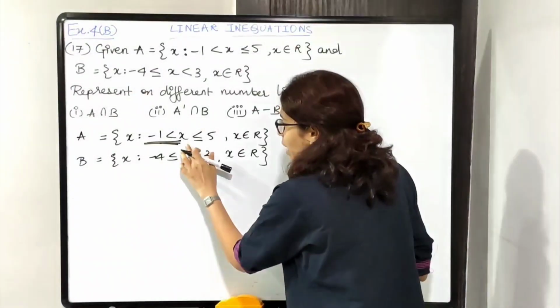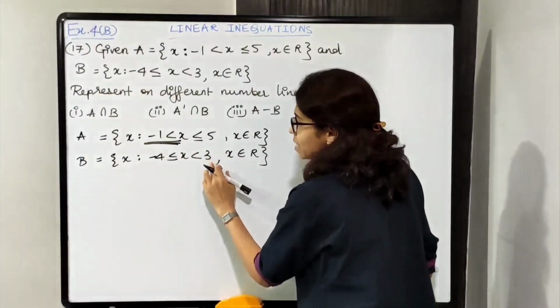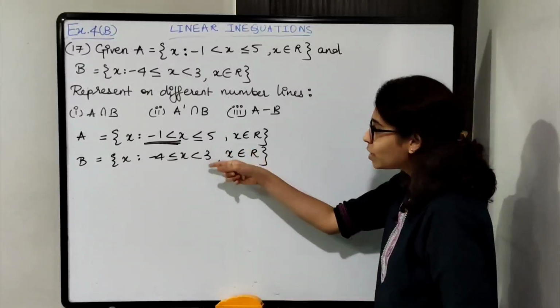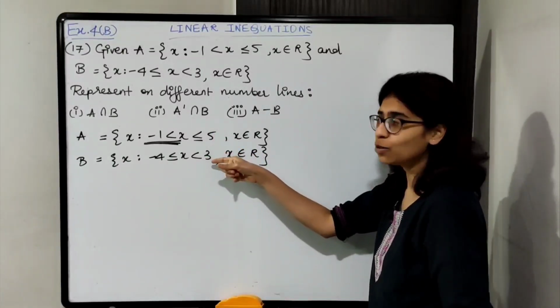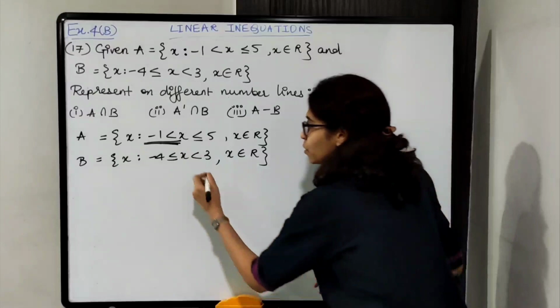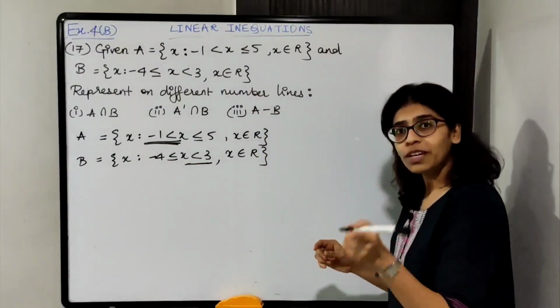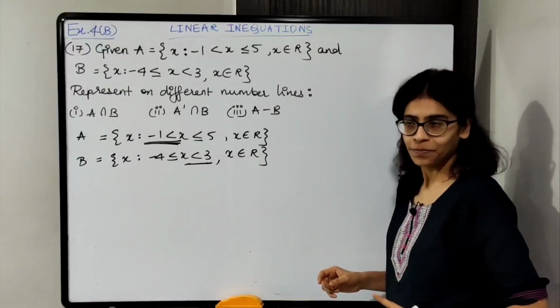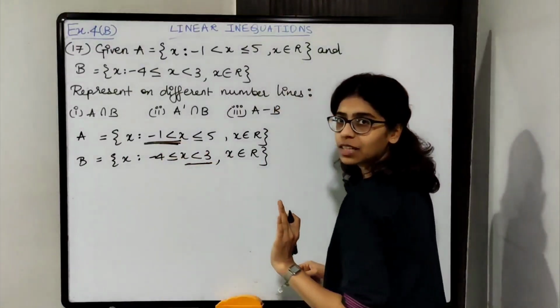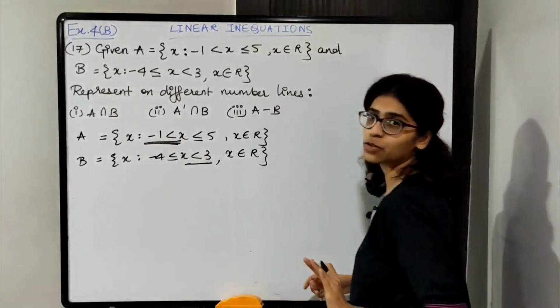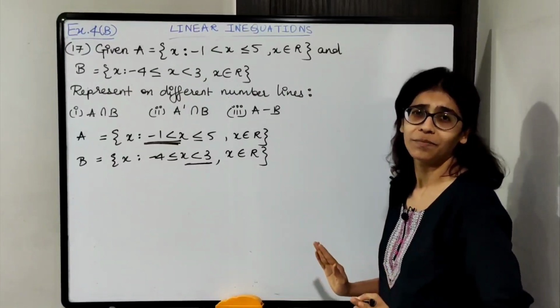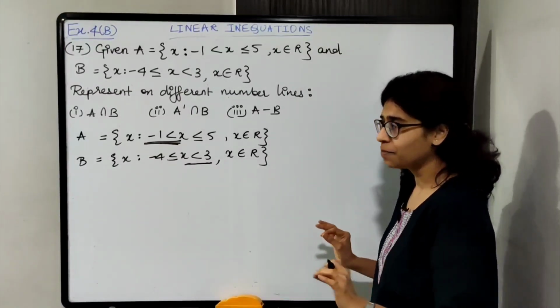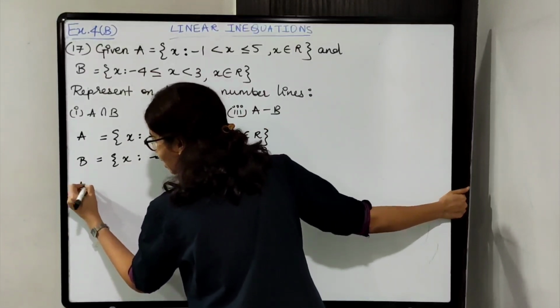So x is less than or equal to 5 and x is less than 3. Which one is lesser value? Smaller value? 3 or 5? 3. So 3. So जो भी वैल्यू लिया है उसके साथ जो साइन है एसोसिएटेड है वही लेना है. -1 के साथ ये वाला साइन एसोसिएटेड है, 3 के साथ ये साइन एसोसिएटेड है. यू आर गोइंग टू टेक दैट ओनली. इजी, वेरी इजी. ओके, सो A intersection B